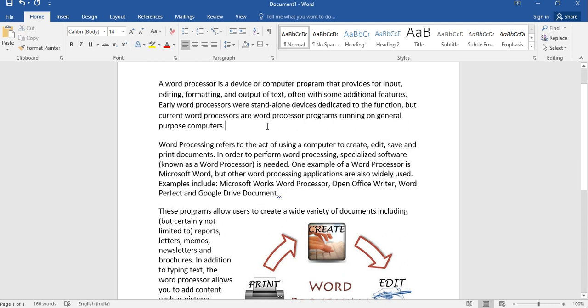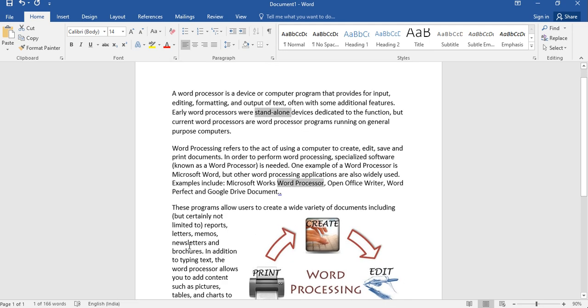If we want to select non-consecutive text from the document, non-consecutive means a word from here, a second word from the second paragraph, a third word from the third paragraph. Let's suppose I want to select the word standalone, next I want to select the word processor, and next I want to select the word newsletter.